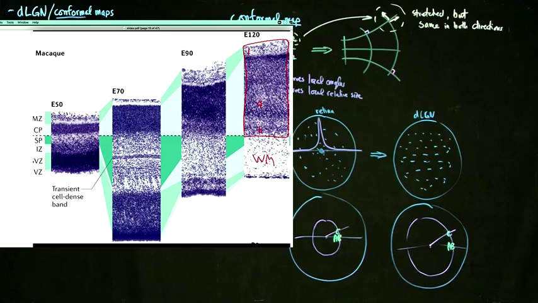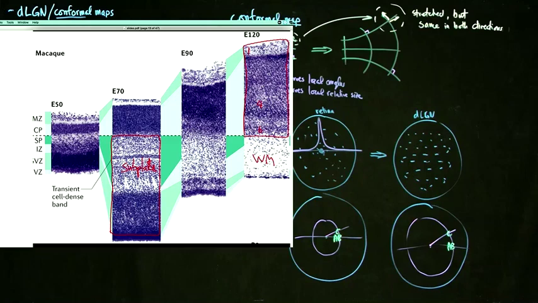But during the development of the cerebral cortex, and in particular during the development of maps in the cerebral cortex, there's this thing called the subplate. And the subplate is this gigantic thing. It goes all the way from here to here. So you can see it's much bigger. It's even thicker than the cortex. So this guy is the subplate. It's got all these layers in it. So that thing forms before any of the